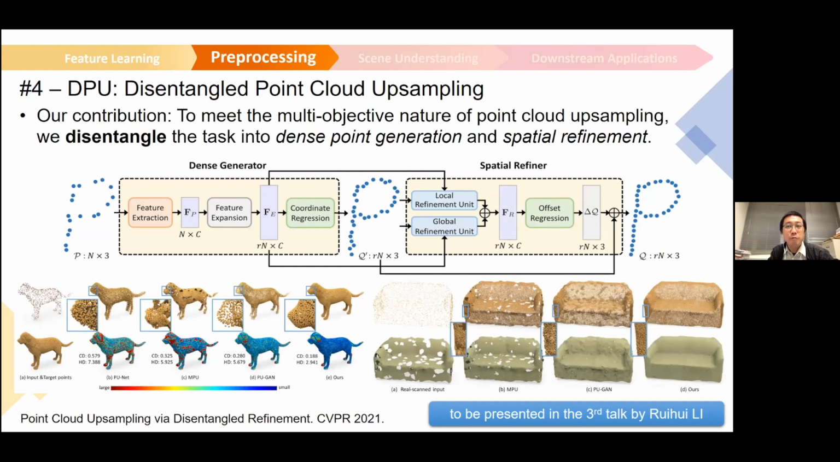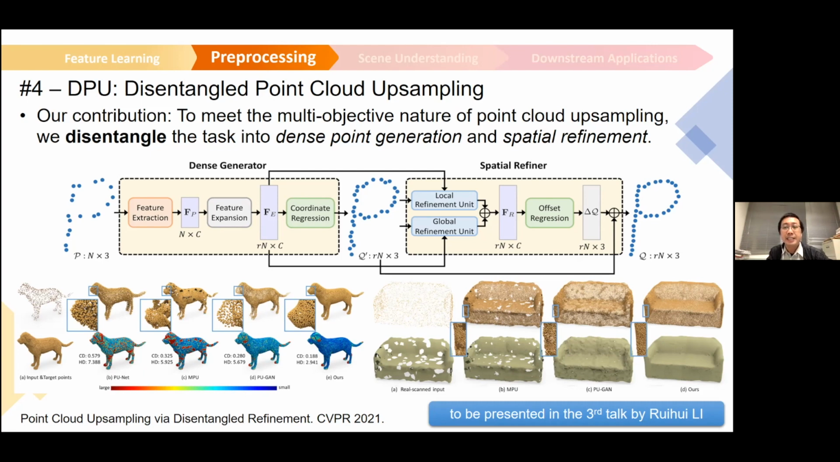Last year, we further revisited the point cloud upsampling task again. Our new observation here is that the task is in fact quite complex since it involves multiple objectives by nature. When we upsample a point cloud, we not only want the upsampled point cloud to be close to the underlying surface, we also want it to have good point distribution in terms of uniformity, etc. Since it is quite complex to have a single network simultaneously consider multiple objectives,